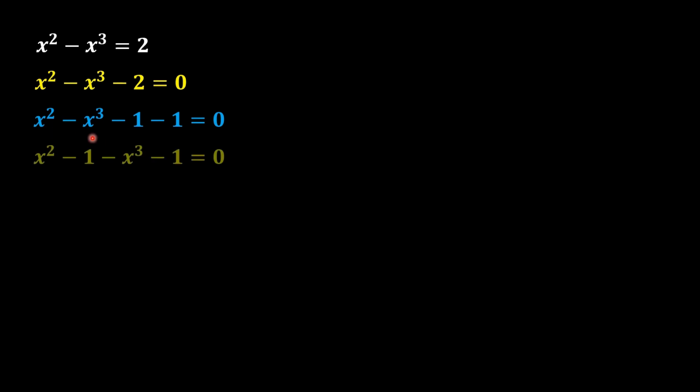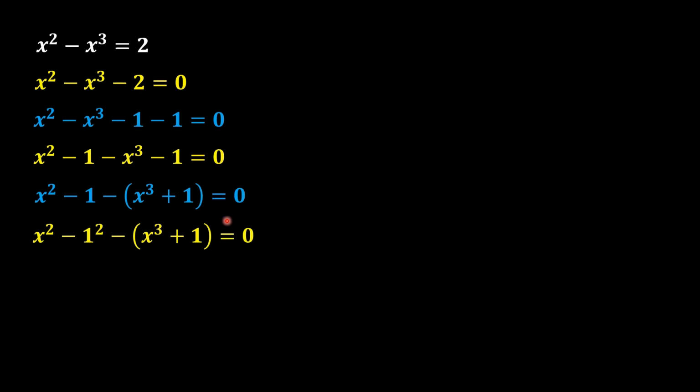Now in the next step we should arrange the equation as x square minus 1 minus x cube minus 1. Both of these minus 1 will be adjusted with both of these variables. Now in the next step we should take common minus from both of these values. As a result we should get x cube plus 1 with the whole minus sign, and x square minus 1 will remain the same, equal to 0 will remain the same.